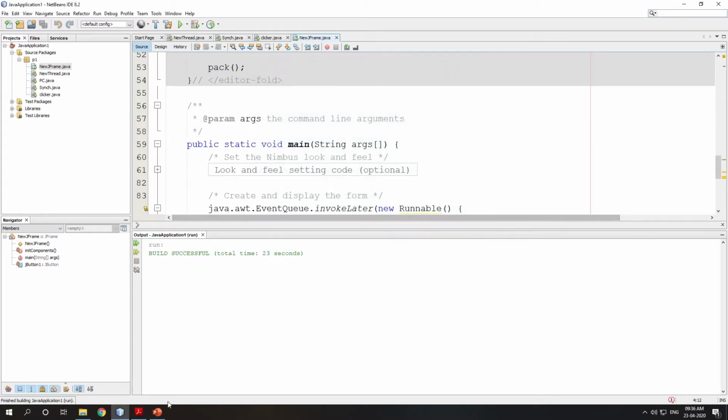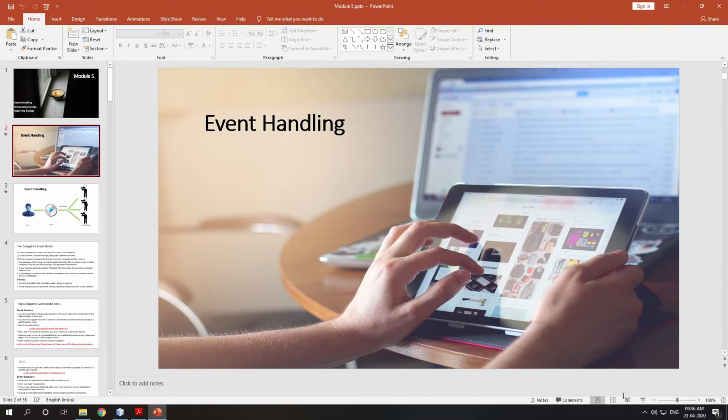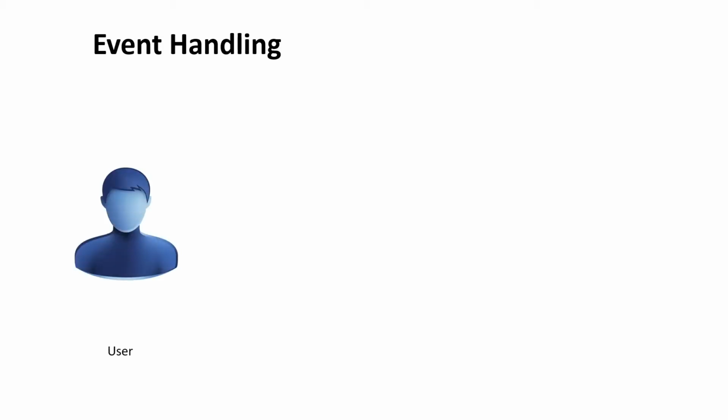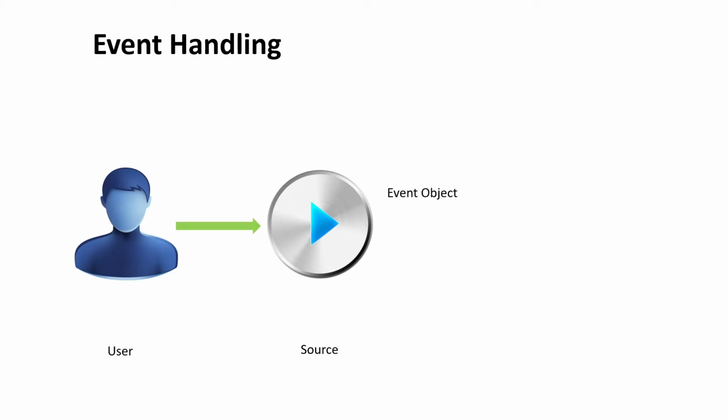So the main components in event handling are a user who is going to interact with a user interface. That user interface, we will call it the source. Okay, and the source generates an event object that describes the event.